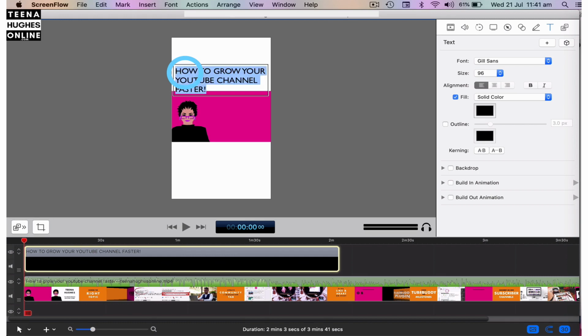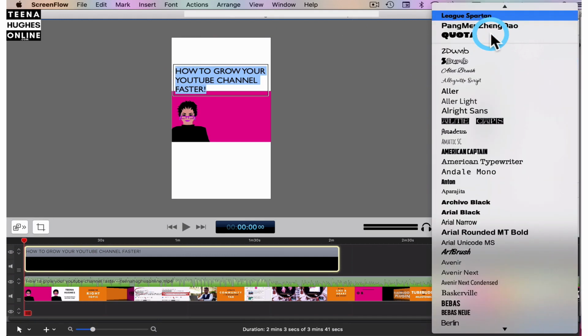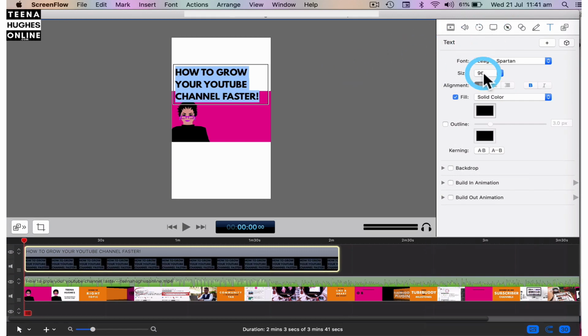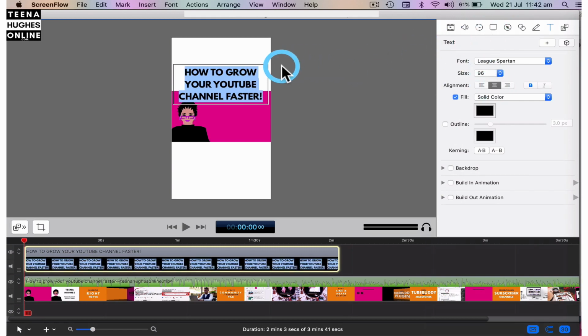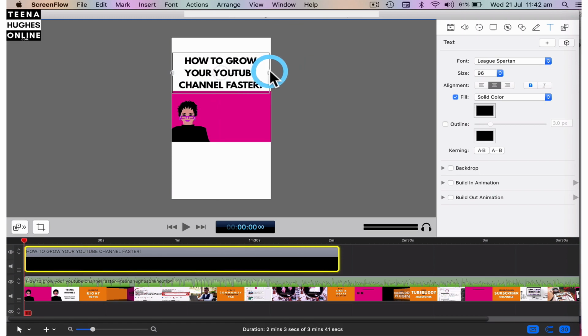Now what I can do is highlight the text with Command A, and over here I'm going to change the text to my favourite, which is League Spartan. I'm going to click on the center icon, and then I'm going to drag this into position. Now, the one thing to pay attention to when you're creating the tall videos, the vertical videos, depending on where you post them, they may get cropped a bit at the top and a bit at the bottom. So in this case, I wouldn't put this text right up here just in case it gets cropped. So I'll keep it further down.